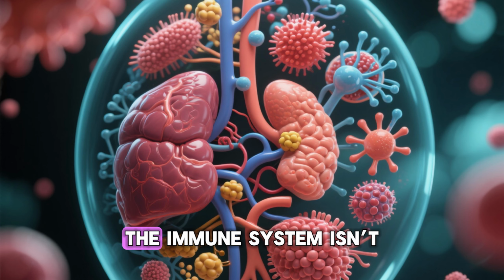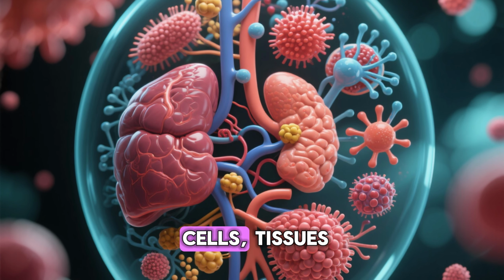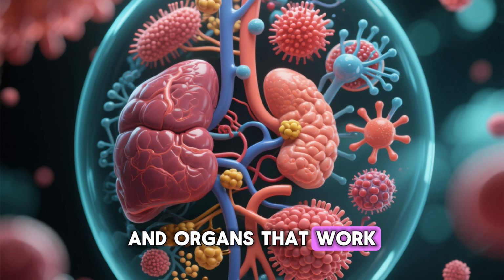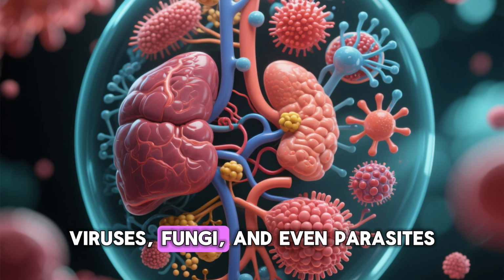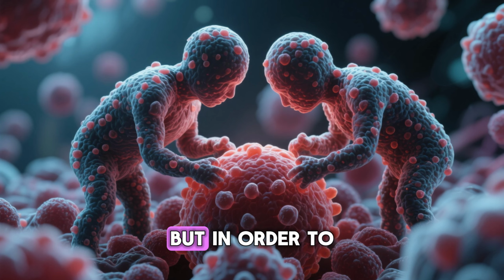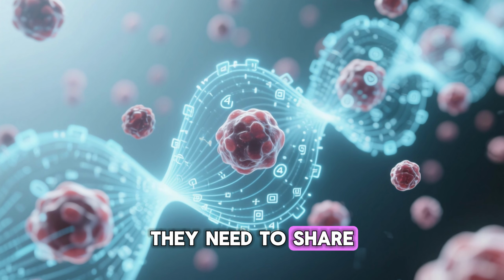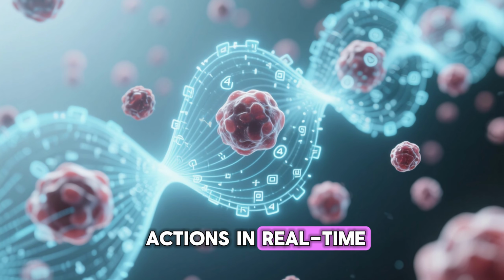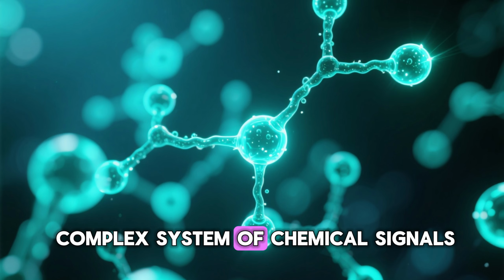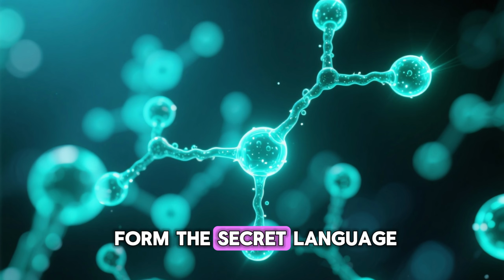every day. The immune system isn't just one thing, it's a highly organized and dynamic network of cells, tissues, and organs that work together to protect your body from pathogens like bacteria, viruses, fungi, and even parasites. But in order to work as a team, these immune cells need to communicate. They need to share information about what's happening in the body and coordinate their actions in real time. This happens through a complex system of chemical signals, molecules, and receptors, which together form the secret language that drives